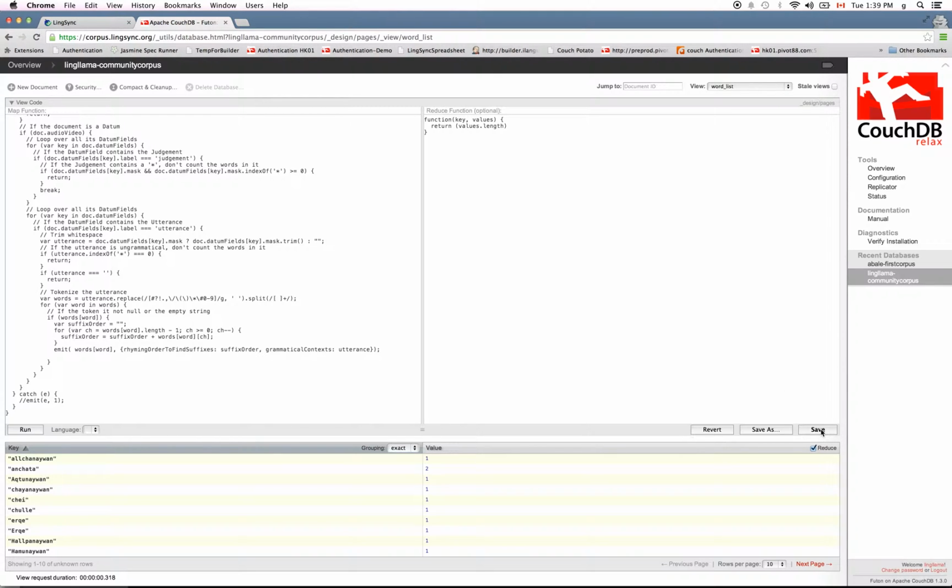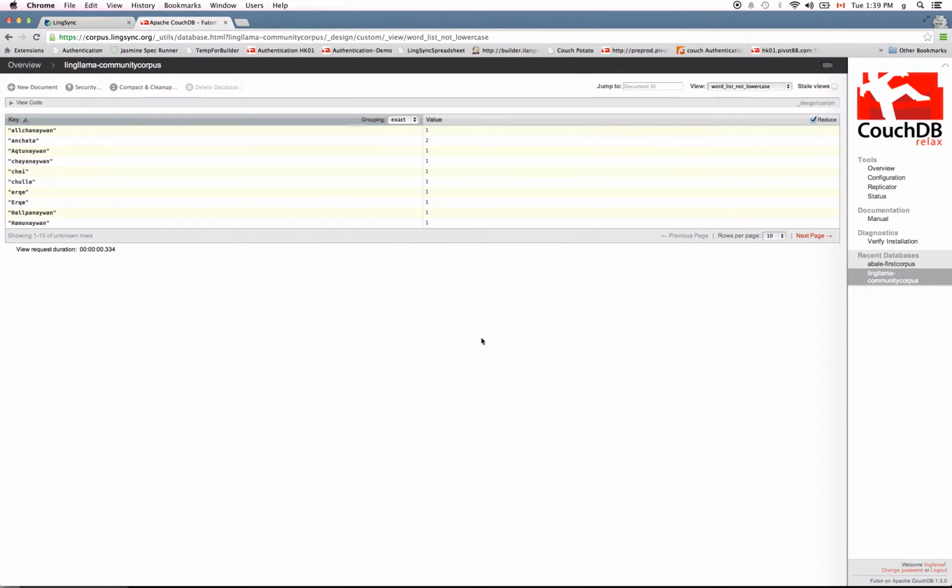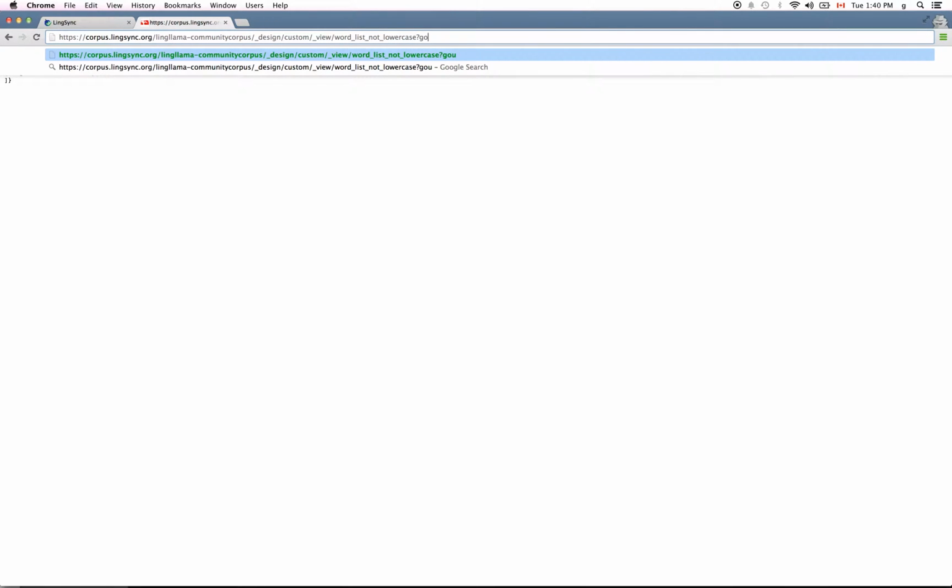You can click save, or if you want to keep this custom search for later, I would do save as and put it into your own area. So custom word list, not lowercase. Perfect. So now I've saved my export, and I can consume this as JSON or as CSV. So to get it as its raw form without the user interface, it's like this. And to get it with the count, you would do